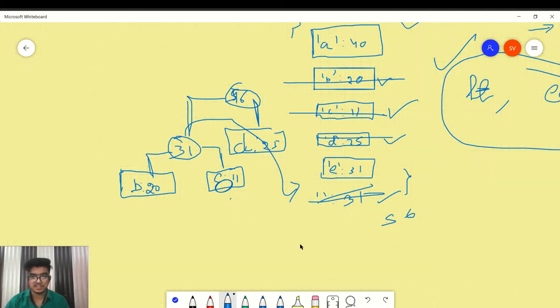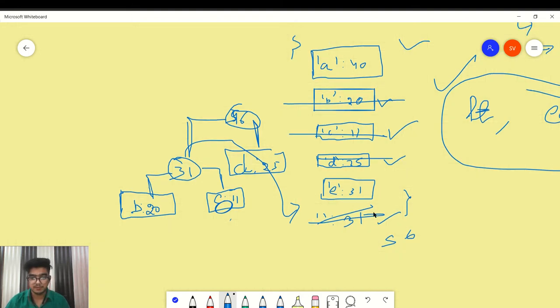So we have 56 there, and then we are finding again the minimum, which is I think 31 and 40. So we are writing here 40, and we have 31, and we are merging these two, and we get 71.